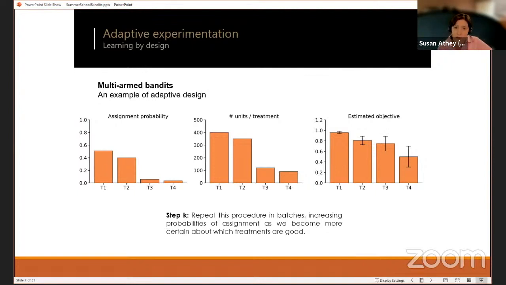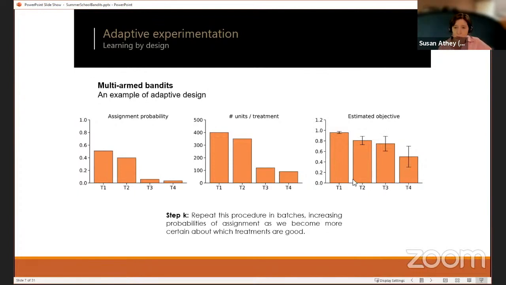That's how it's going to work, and those are some of the benefits it's going to have. It's also going to have the benefit that during the experiment, the overall welfare is higher than it would be if I had an equal distribution. For example, compared to if I had allocated the observations equally, a lot of units are getting a really good arm and not very many units are getting a very bad arm. So overall, the utility of the people in the experiment on average is higher from this type of experiment. So it's got a bunch of these potential advantages.